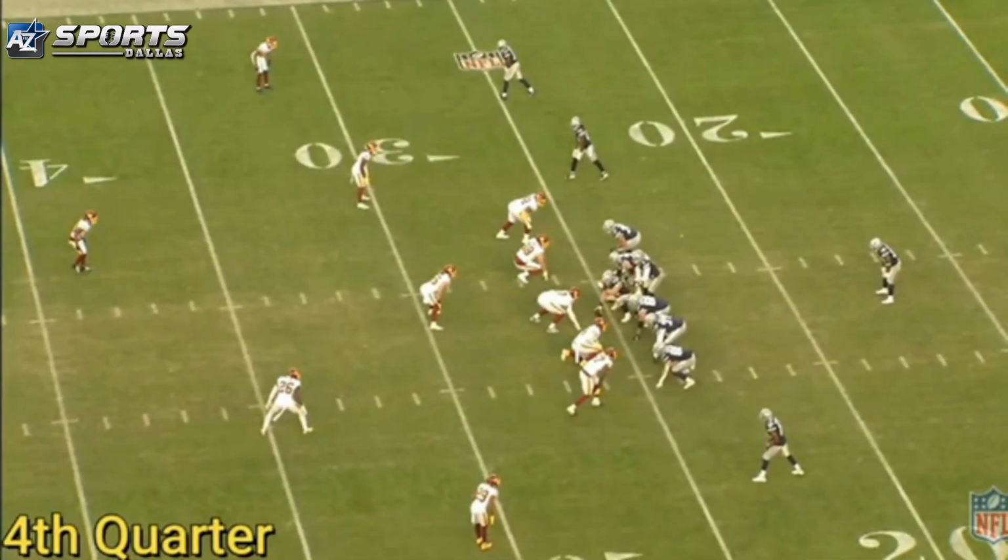Same formation. Now, remember, this play call is most likely called again because they remembered, man, he was wide open. Man, he bit hard. There was nobody out here to even affect Dak Prescott. So they go back to the well in crunch time when they thought it was an easy play. So here we go.